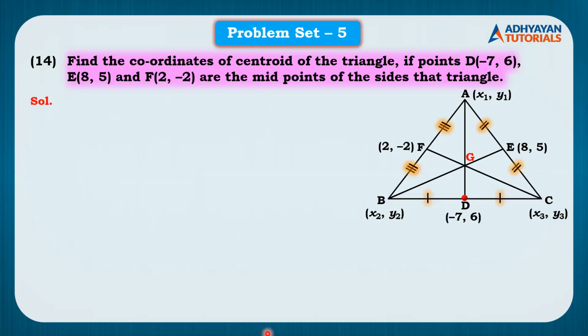Next, we know E is the midpoint of segment AC. So now I want you all to think only about segment AC, students. Only about segment AC. Don't think that there is a triangle, don't think that there is a centroid, there is only segment AC. So A is the first end point, so its coordinates will be x1 y1, which is already there. C is the second end point, so we will assume its coordinates as x2 y2.